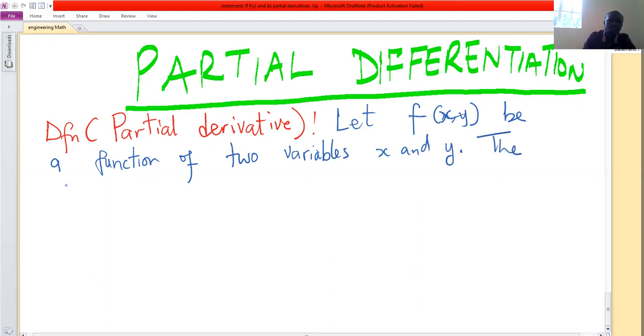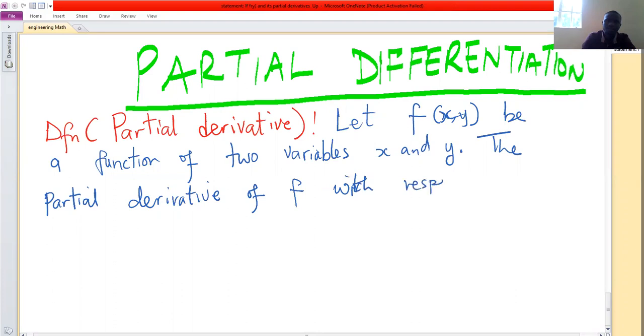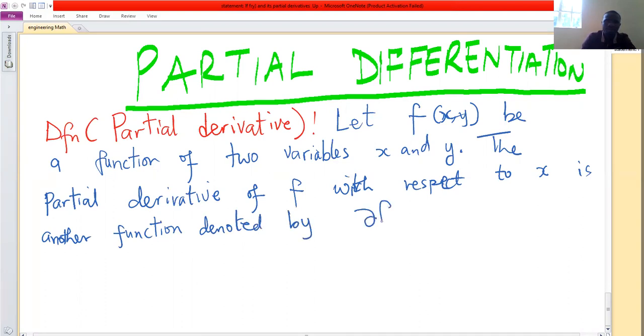The partial derivative of f with respect to x is another function denoted by partial f partial x, or you can write it as f sub x, given by